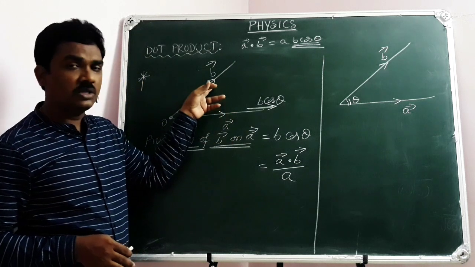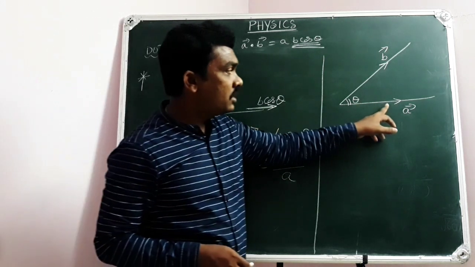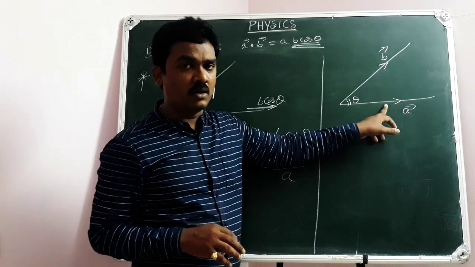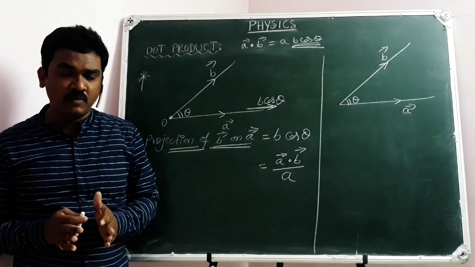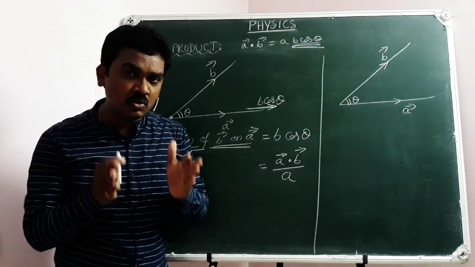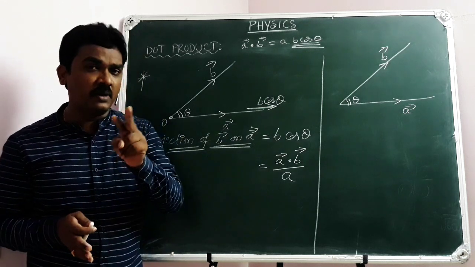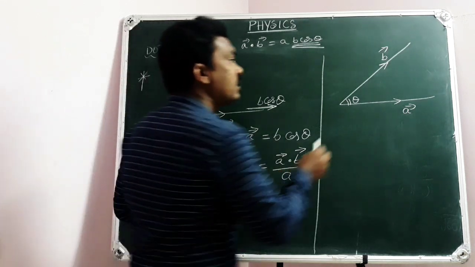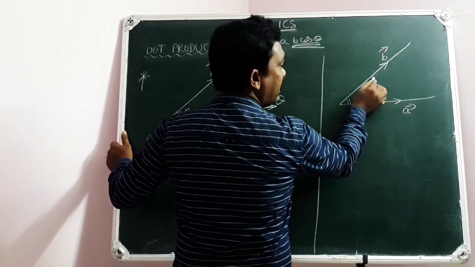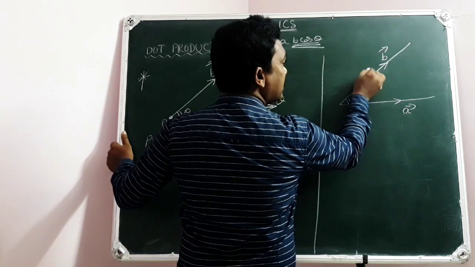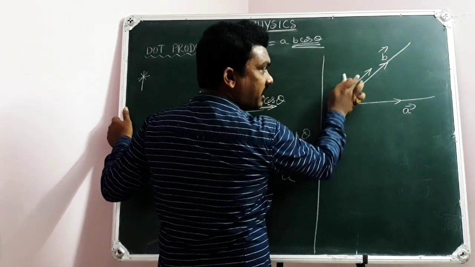Here I discussed the resolution of B bar and its component along A bar. Now I am talking about the resolution of A bar into two perpendicular components. Any vector in a plane can be resolved into two rectangular components in any two different perpendicular directions. So when I am talking about the resolution of vector A bar, I am studying its component in this direction, the component of A bar in this direction.